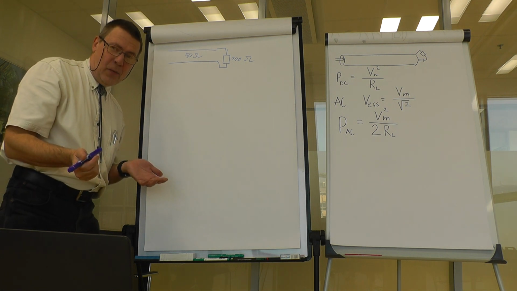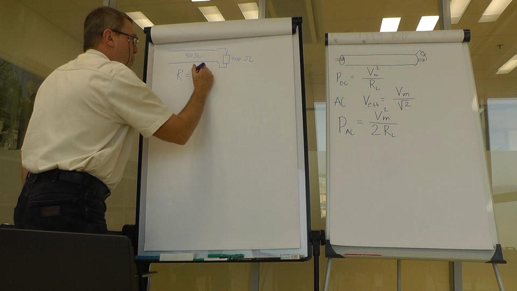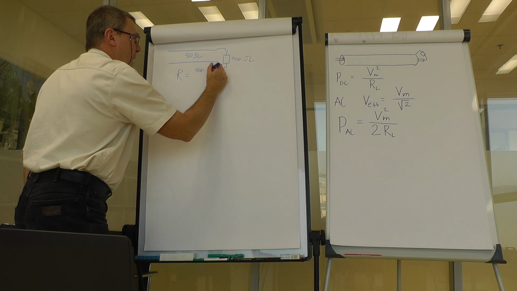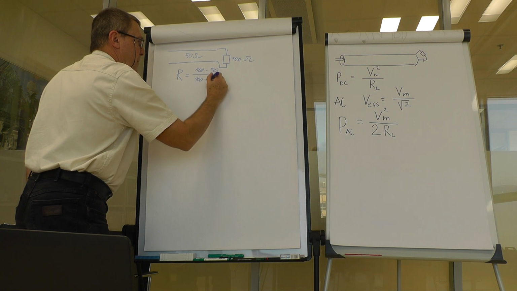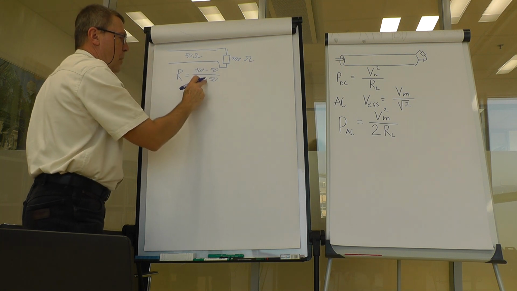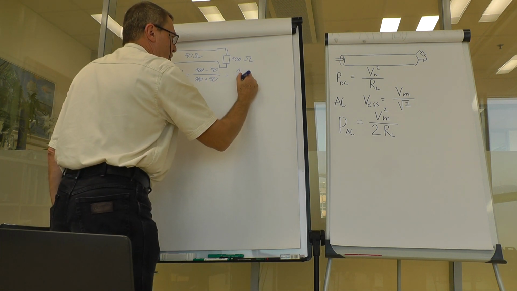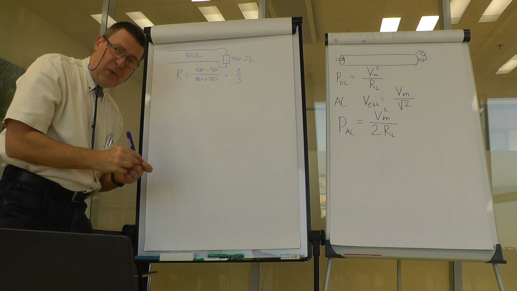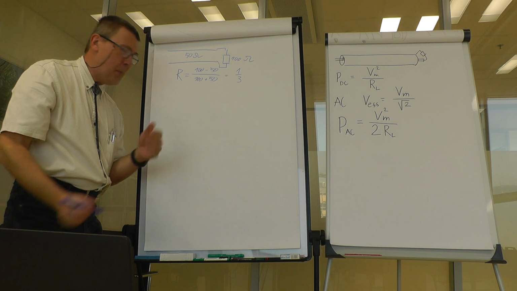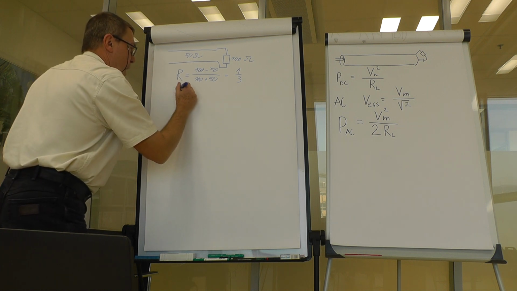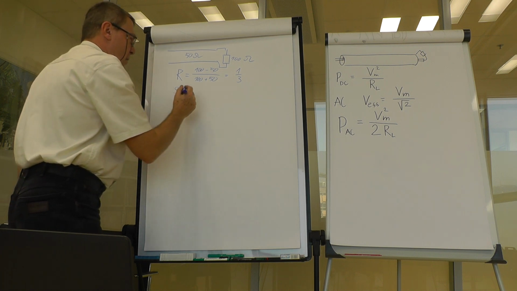How strong a standing wave? Well, we would have a reflection coefficient of 100 minus 50 divided by 100 plus 50, which is 50 over 150, which is 1/3. So 1/3 of the voltage would reflect back. Now this would give rise to a standing wave ratio. The standing wave ratio on that line would be